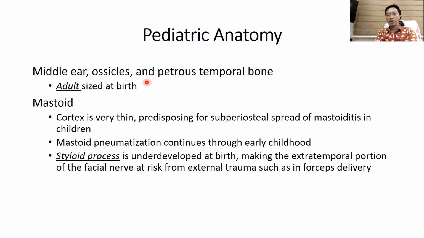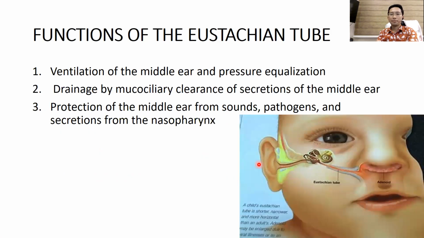For the middle ear, ossicles, and petrous bone, it is estimated they are also adult in size at birth. And for the mastoid, the cortex is thin, predisposing to the subperiosteal spread of mastoiditis in children. So remember, mastoid pneumatization continues through early childhood. And the styloid process is underdeveloped at birth, making the extratemporal portion of the facial nerve at risk